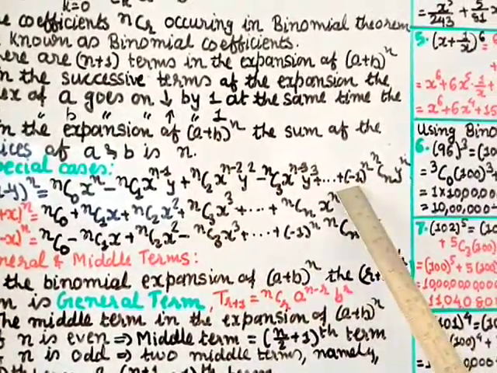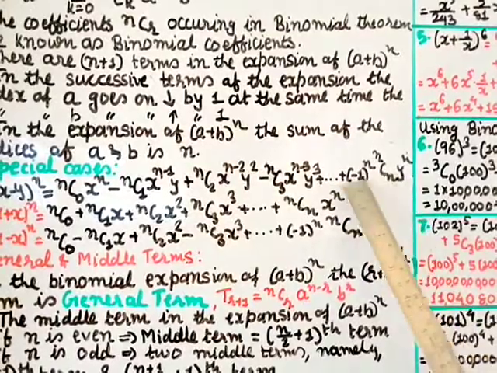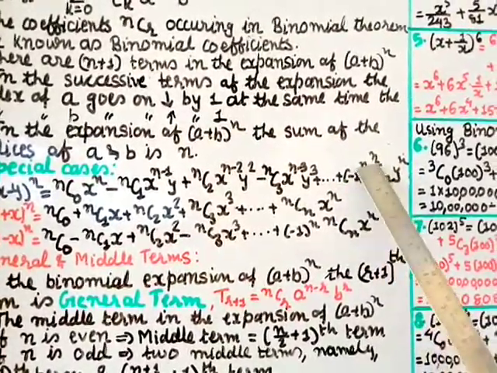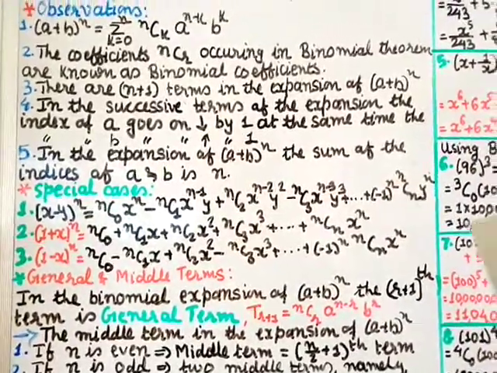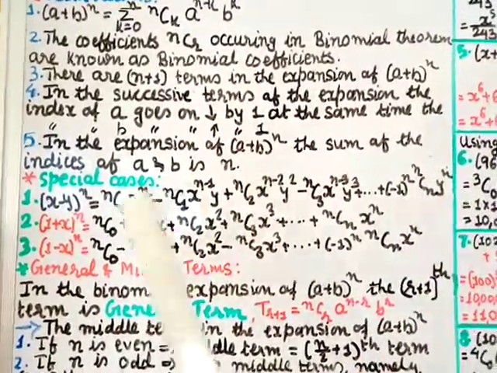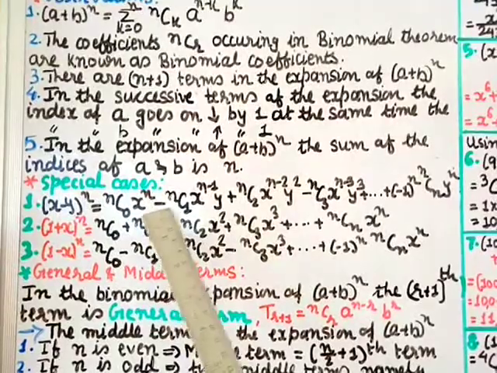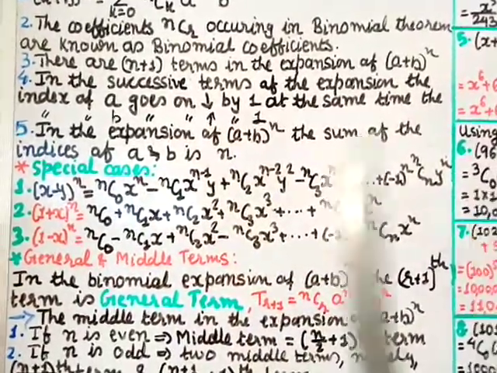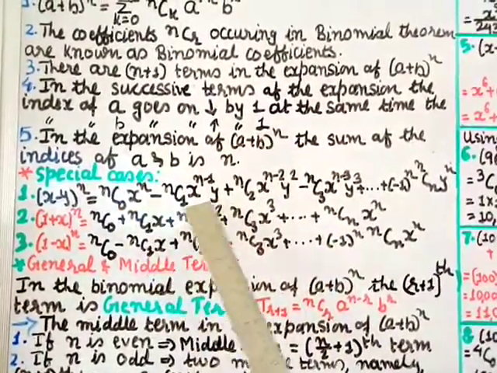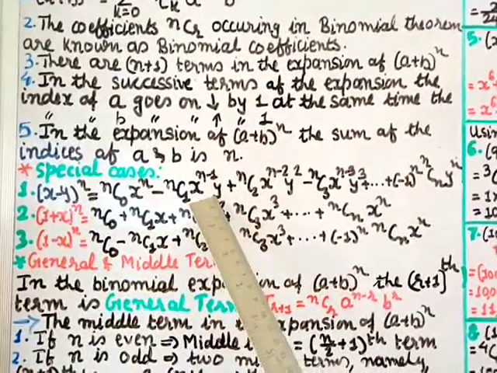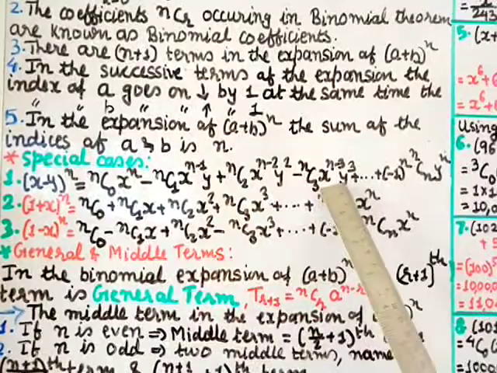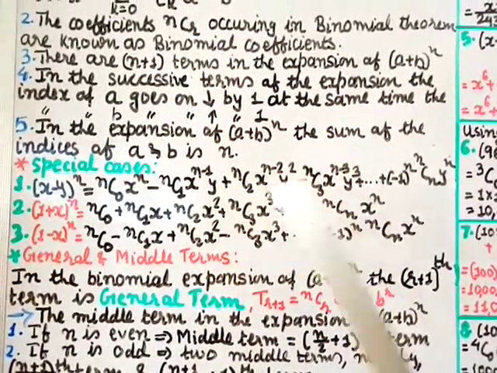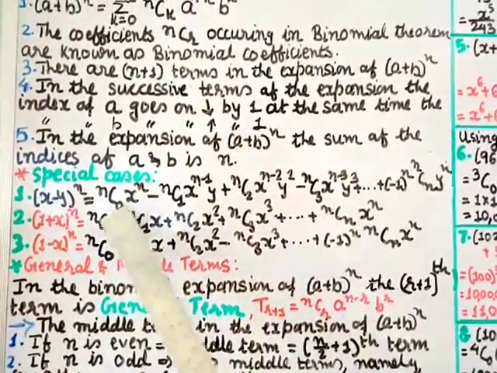Okay, this last term is either positive or negative, depending on n. If n is even, this term is positive. If n is odd, this term is negative. Okay, so the last term you have to write in this way, and the first term is positive, next is negative, positive, negative, it goes on. Okay, why? Because of the power. In the first term, there is no power of the second term. Here the power of the second term is 1, that means minus. The square is plus, right? Here again power three, so it is negative. So it is written as plus minus plus minus.